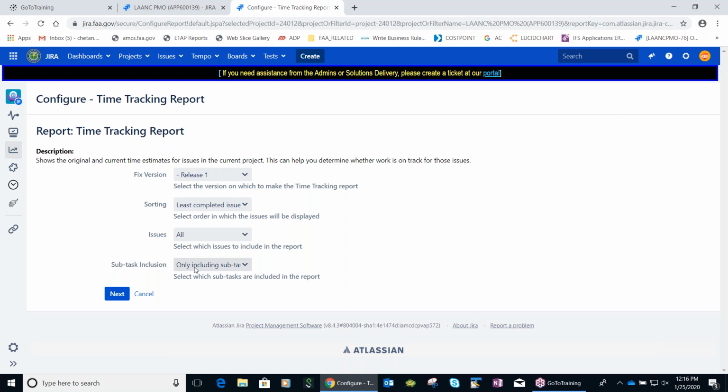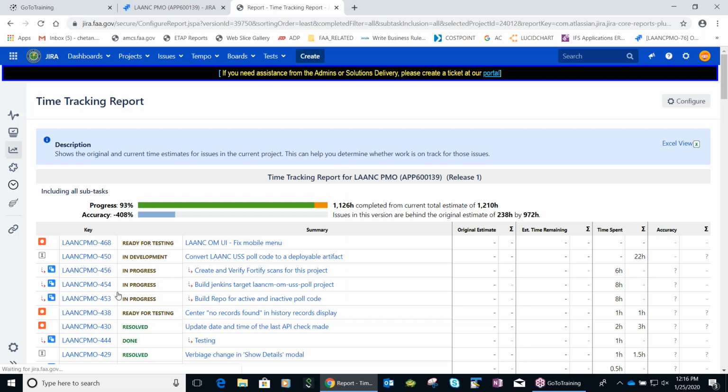Just click on that drop down box. It says also including subtasks without version set. That means if there is a subtask which doesn't have a version, do you want to include that as well, or do you want to take only the subtasks with the selected version? We should include all subtasks that will be ready for that release one. Okay, that's fine. We can keep it like that.